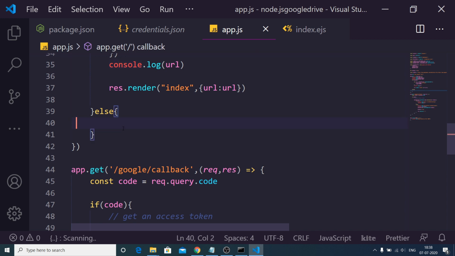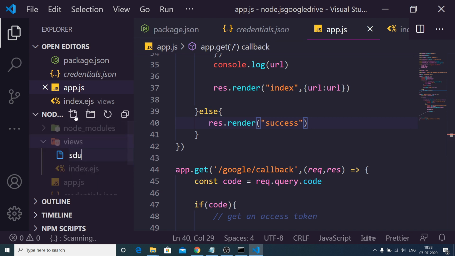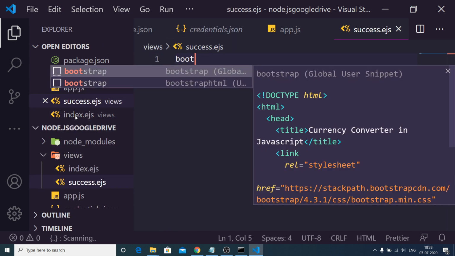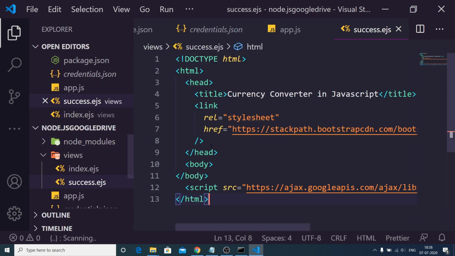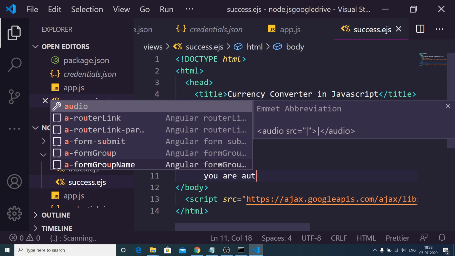So inside this we can make another response.render, let's suppose success. So here we can make a new view which is success.ejs. Inside this we can have a message, you are authenticated.